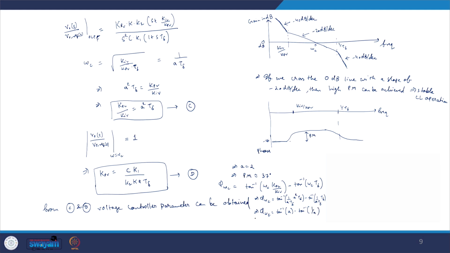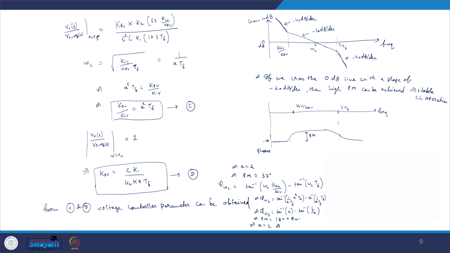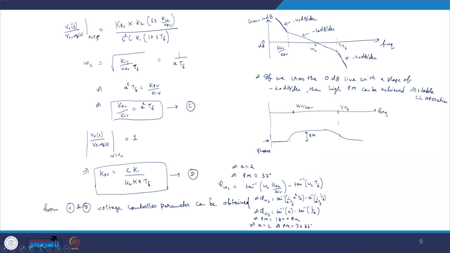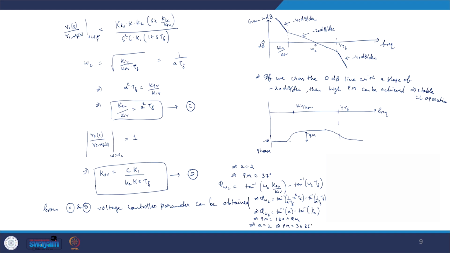So from this we can calculate our phase margin, which is 180 plus phi at omega c. If we keep A equal to 2, we will get a phase margin nearly equal to 36.86 degrees. So this is how we can keep either A equal to 2 or A equal to 4, and accordingly we will get the required phase margin. From here we can easily calculate our voltage controller parameters and current controller parameters,